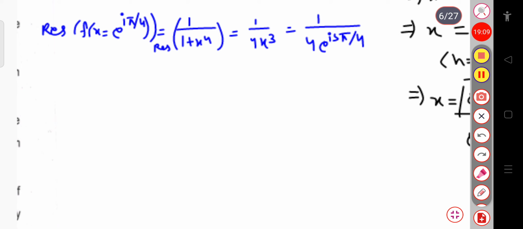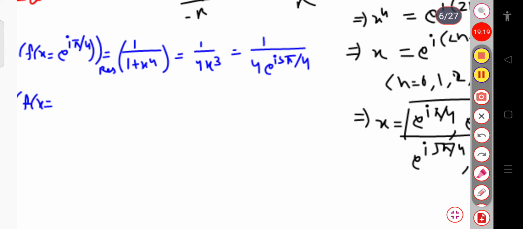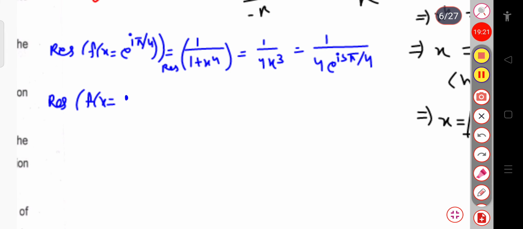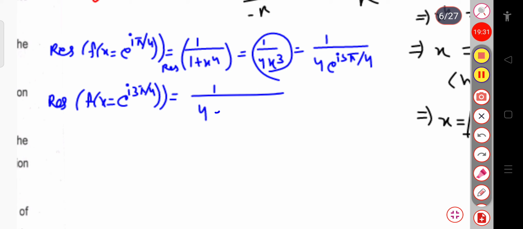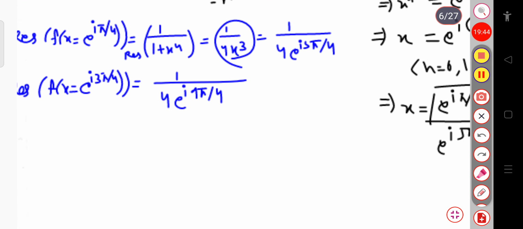And similarly, if I calculate the residue of f of x at x equal to exponential i 3 pi by 4, again for this 1 by 4x cube value, I can write 1 by 4 into exponential i 3 into 3 pi, that will be 9 pi divided by 4. Now for that integration, that is dx by 1 plus x power 4,